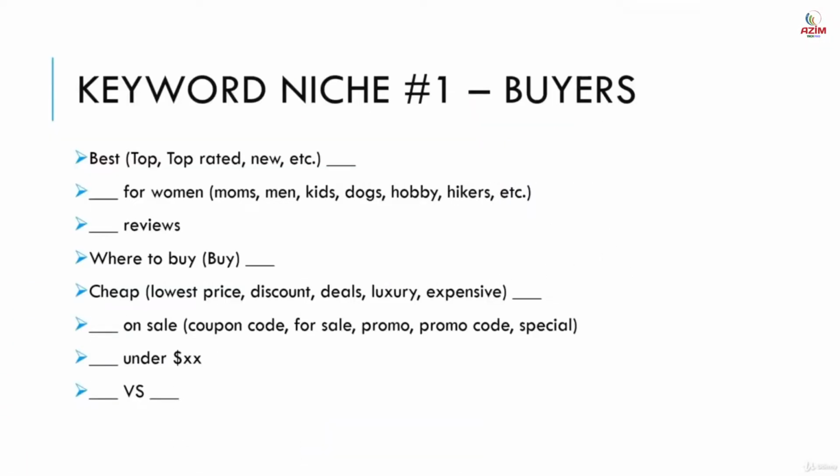So when I brainstorm keyword ideas, I like to break it down into 2 niches of common Google searches. The first being buyers. What words do buyers pair with keywords when they search within Google? This is a great way to extend a single keyword into a long tail keyword. So common keyword add-ons I use, best, then the keyword. So best laptop computer, top rated PC,